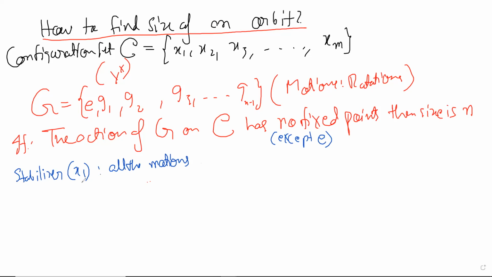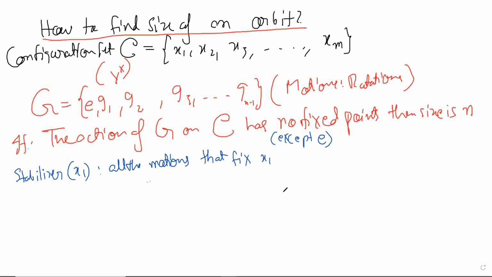So the stabilizer is basically all those motions that fix x1. Since nothing is getting fixed, the answer is simple, and it has to do with the fact that things are not getting fixed. We realized that in some previous example. That's why we are abstracting out a notion of stabilizer. Let's see the set, and maybe this will determine what things are fixed and how many, and maybe it will determine the size. So all the motions that fix x1.